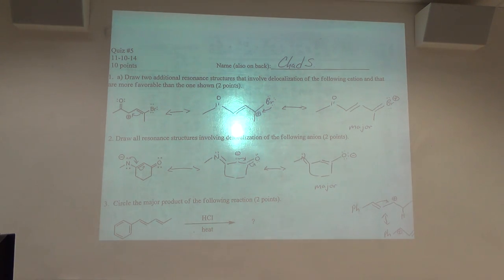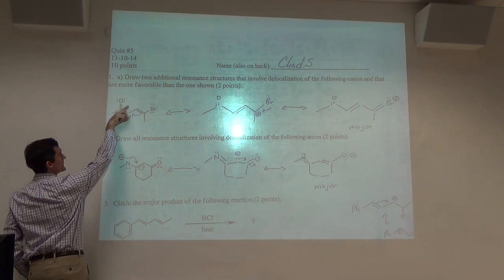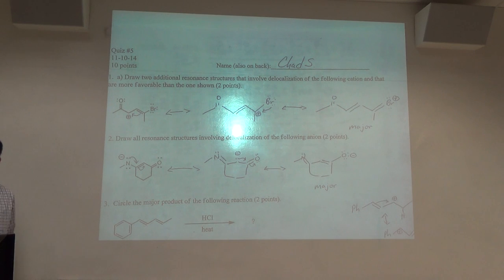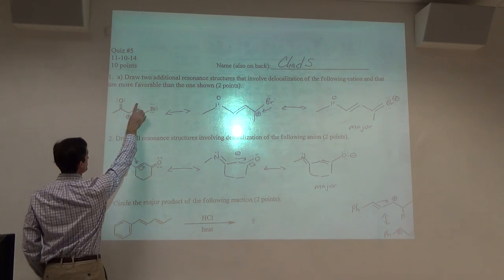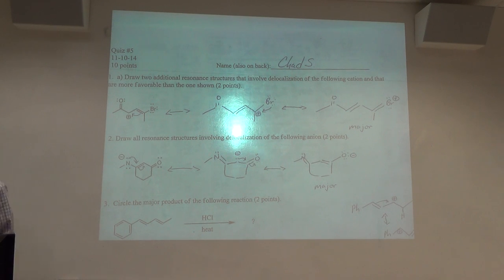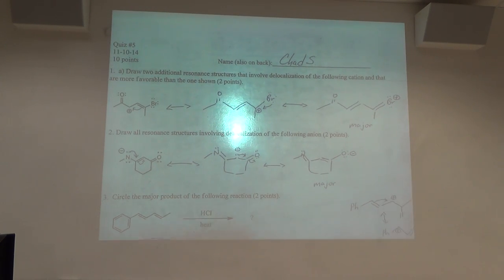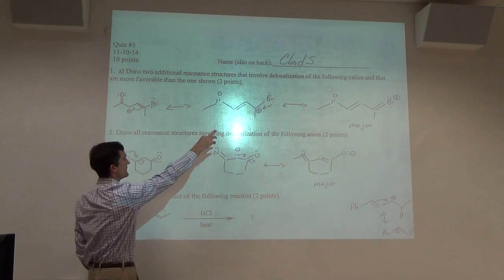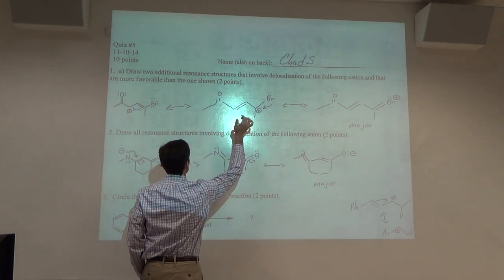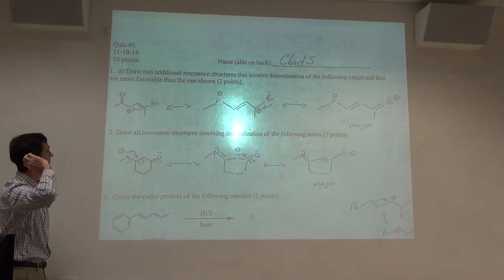How we do? You do not want to use the pi bond here, because if it comes over here, you'll leave the oxygen with no lone pair. You don't want to do this. That would not be better. That would not be more favorable than the one shown. That would be worse than the one shown. That one's the best of them all. This one's better than the one shown because here the cation's more substituted